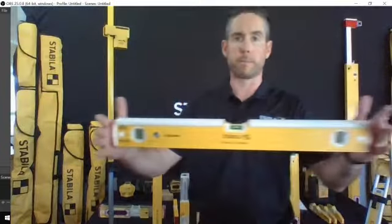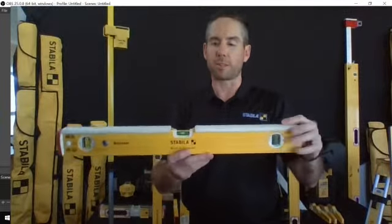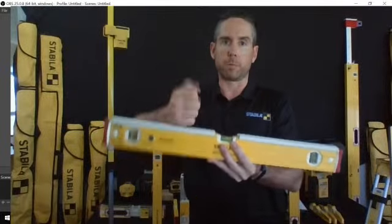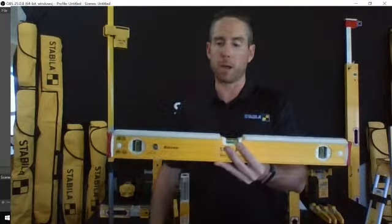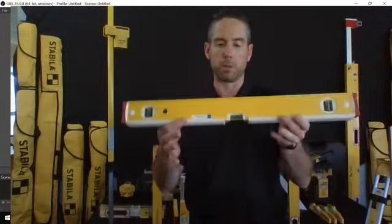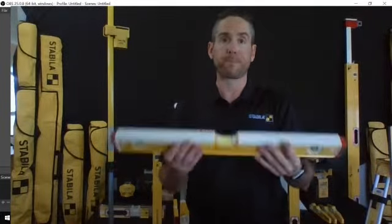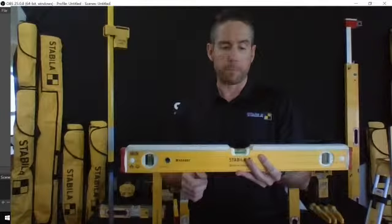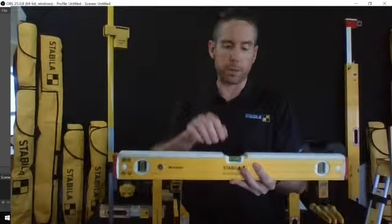So this is the same product, but we've actually got a strike shield on top. So as you're laying your bricks and blocks and you want to tap down, you're not going to do any damage to the actual level. It does inhibit using it in the upside down position because you're not going to get an accurate read there, but you can top read these,